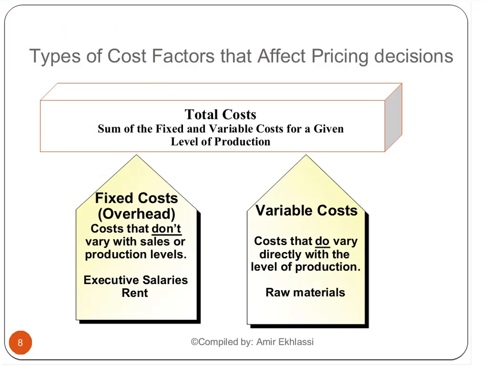Sometimes you must consider your costs, and one of the most important things is also costs. Which kind of costs you have, variable and fixed costs. For example, you have the rental cost, rent for your office, your factory, your place, and also salaries. You must pay salary to executives and employees, and also you have, for example, overhead costs in your office, in your factories. Many costs you must have without any production.